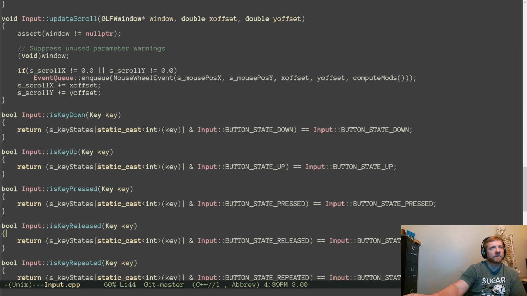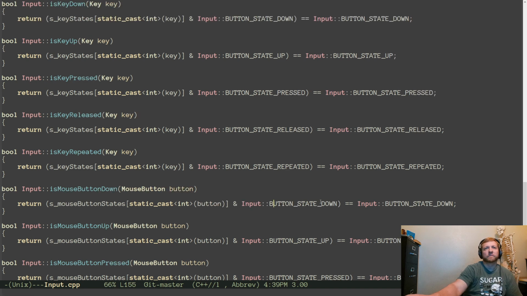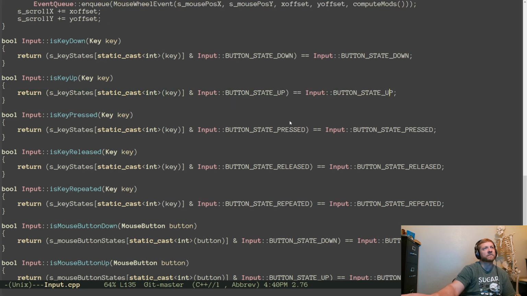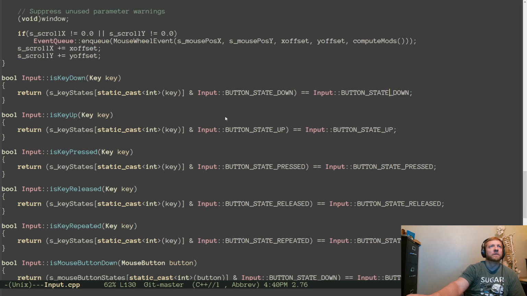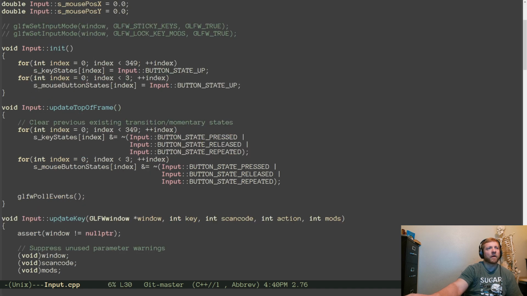Then I can always ask it 3 different questions. I can say, is it down? Get the key states at that key code, and did the flag for button set down, state down, or state up get set. That's basically it. It's just a bunch of bitwise flag checking. So I only have for each key type, right? So keyboard, for example, by default they'll start up. Then as we get updates,